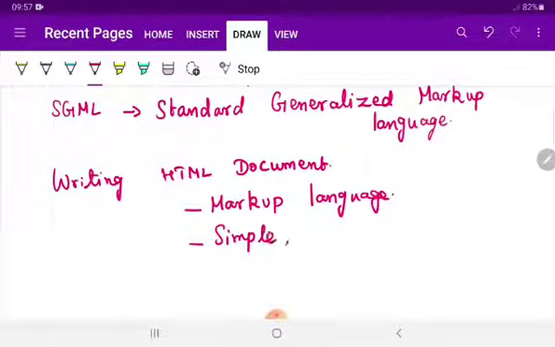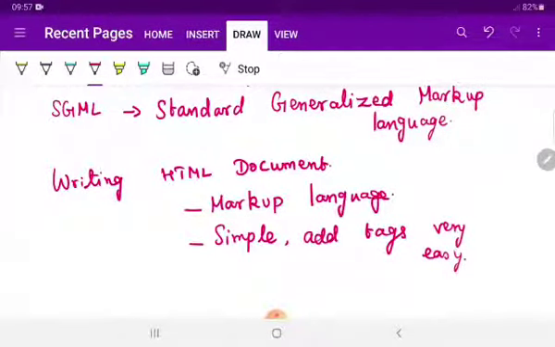To start the web page or to add any special tags, everything will be very easy while you proceed with HTML. Everything has to be in a specified format. We can see what format you will have.